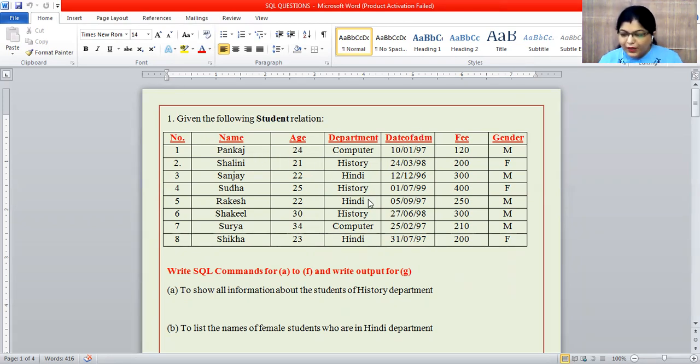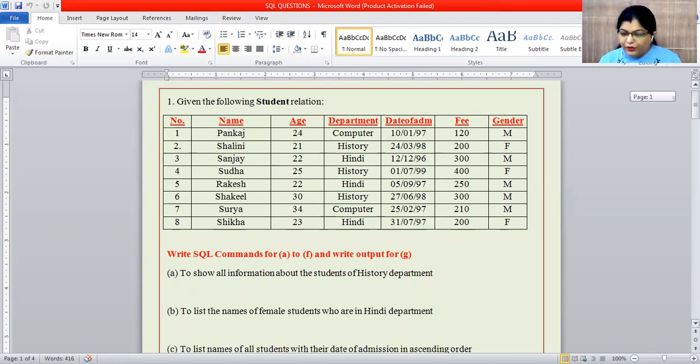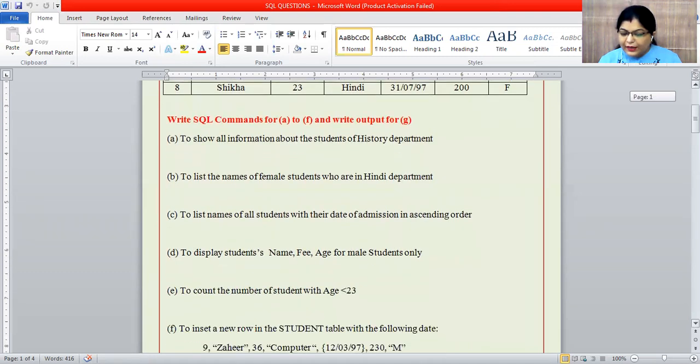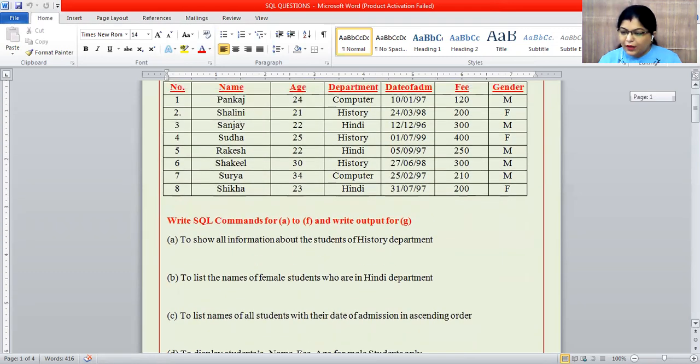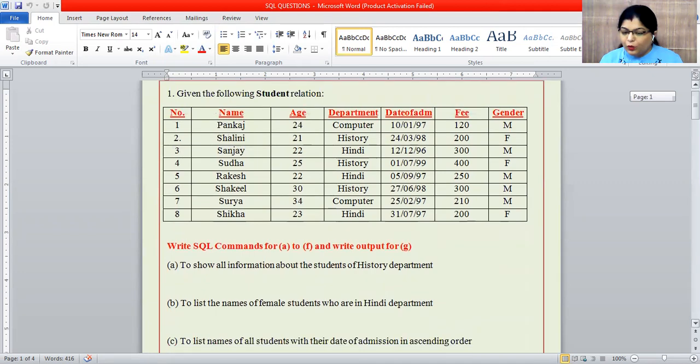Whatever the answer is, it comes only from this table. This is already given; we cannot change any single data from it. So the question comes like this: one table is given, and after that they say write SQL commands for A to G and output for G. So one by one, we'll solve that question, firstly here, and then in the practical.